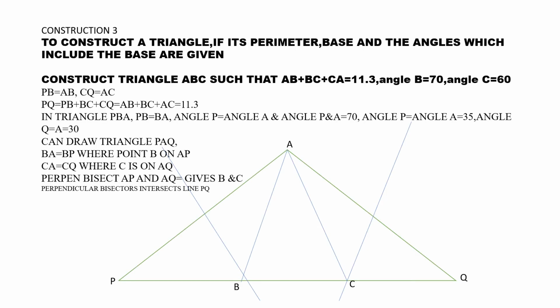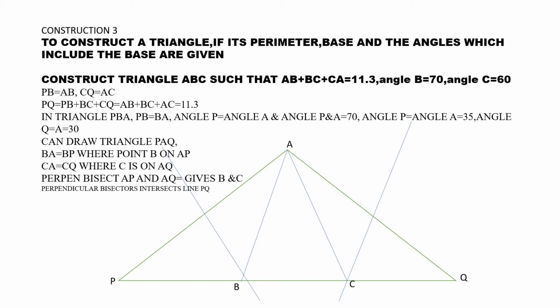Okay, in the next class, in the next part, what is given is the information regarding what I have said before, that it is a part of your chapter. So some sort of questions you have to try on the basis of terms. I'll give questions after completion of your chapter. And after that, what is given in your book, construction method 3: construct a triangle if its perimeter, base and the angles which include the base are given. What does it mean?